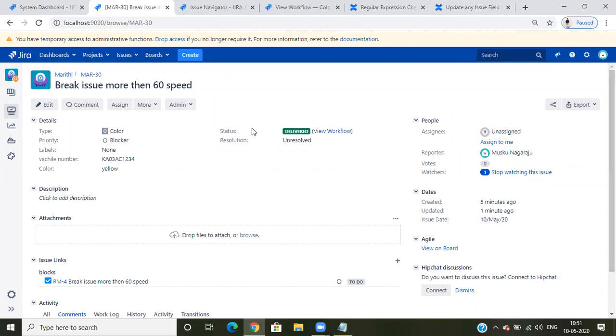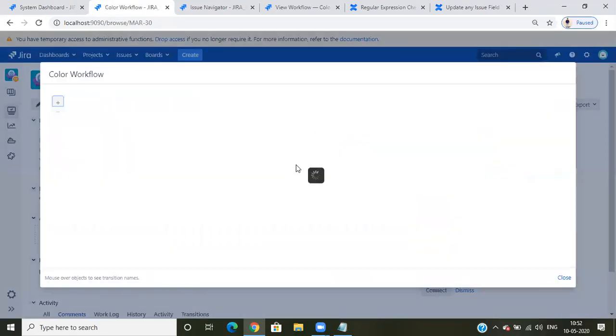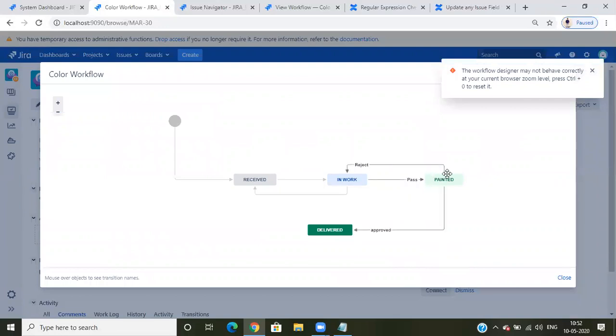So when it goes to an end status, how does Jira capture that it is the end status? Suppose in the same workflow I have open, in progress, resolved, closed. Resolved means I've resolved the issue, but it is still not closed because I have not received an update from the client or something. Once I get the update, I will close that ticket. But how does Jira know which is the end status? Or I have two transitions here, painted or delivered. So painted is the end point or delivered is the end point. Jira does not know that.